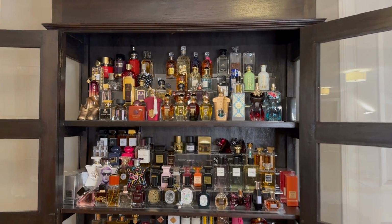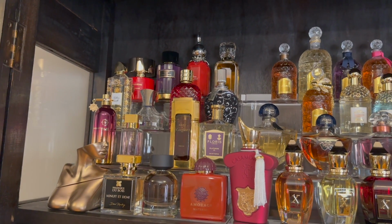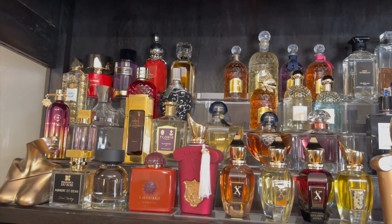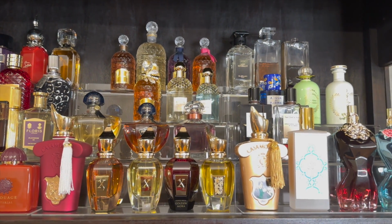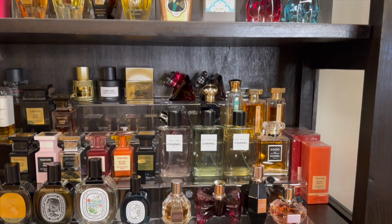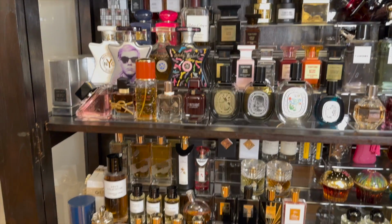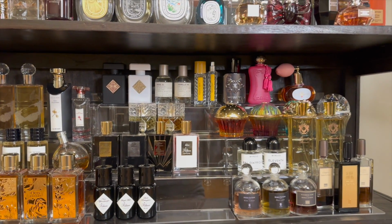Do you want to see a more specific video on each one of these perfumes? I switched over to video, which the quality is not as good as cinematic, but you can see each perfume a little better because cinematic will blur out the background. So this is the top row as I went through when I was a little further away. But you can see there's a lot of different types of perfume here and different price points, different brands. And so what I'm trying to decide is, do I put the travel sprays in? I don't really think it makes sense to put the travel sprays in, to be honest with you, but I would love your thoughts. And like I said, I feel like there's perfume missing, but